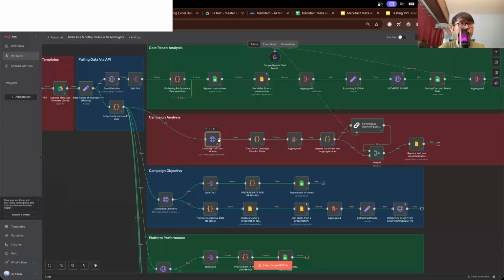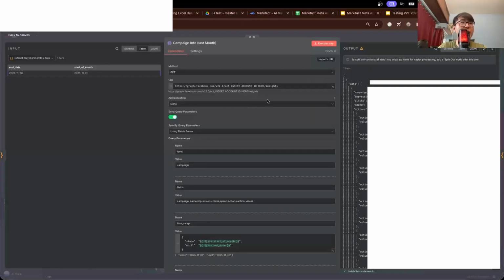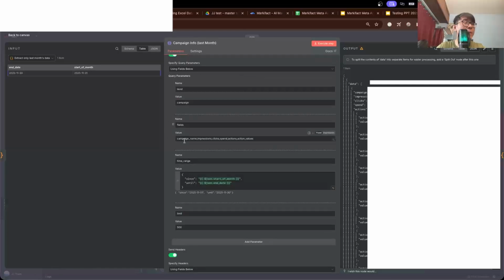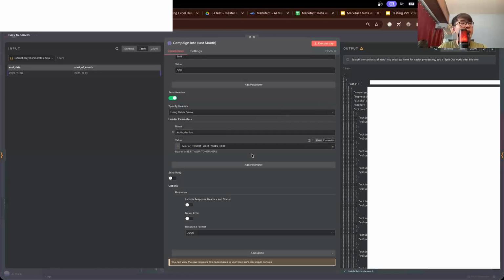I have an HTTP request node over here. If you can see here, this is the GET request I use. As a reminder here, make sure to use your specific ad account ID over here. And the fields here will be campaign name, impression, click, spend, action values, time range. This is specific to last month only. As a reminder, then use your long-term token over here as well, and you need to get this via the